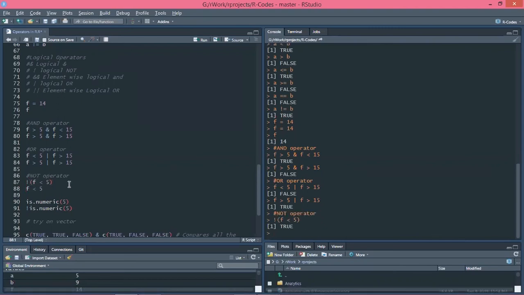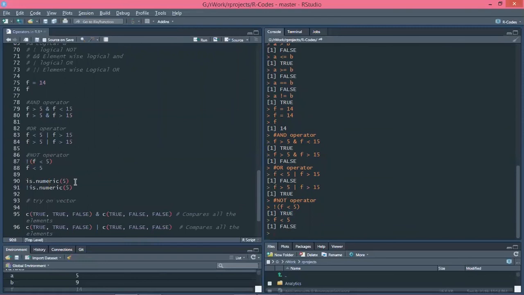As we know f is not less than 5, the value of f is 14, but we have used a not operator here, which means it will give the opposite value of the condition. That is why we are getting the value true here. If we directly print this command, it will be false, which is the correct result, because f is not less than 5. But if you use a not operator before it, it will reverse your result.